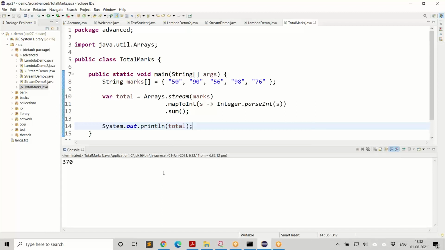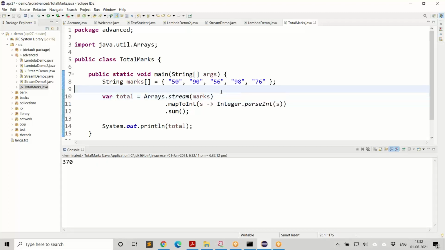So what am I doing? I'm taking this array, converting that to a stream, and converting each and every object in the stream to integer using this. And before you do that, if you want to have any filter, you can.